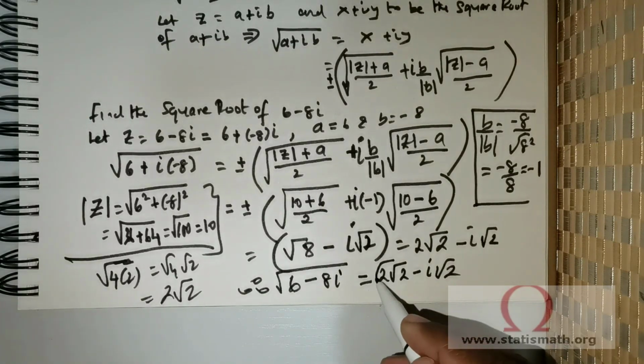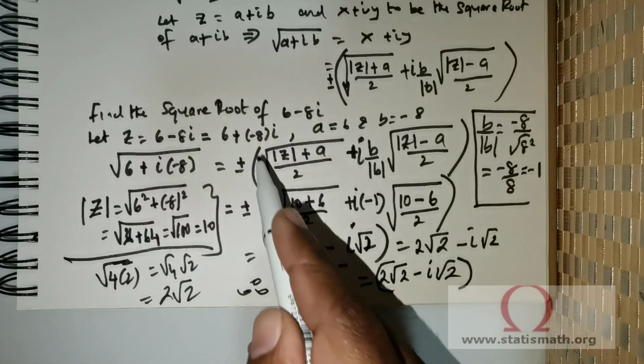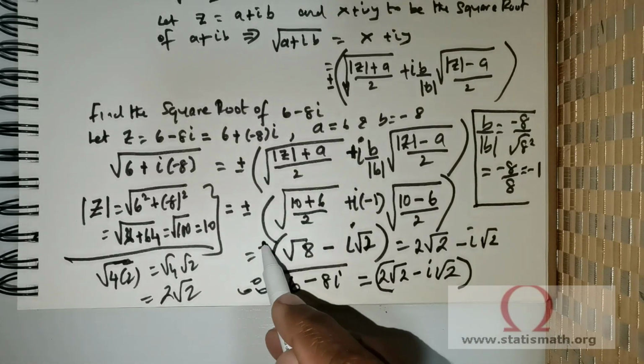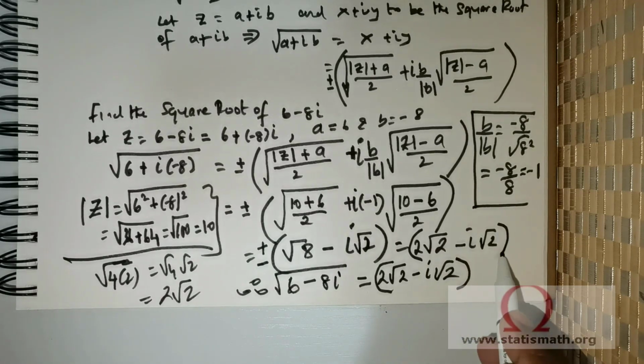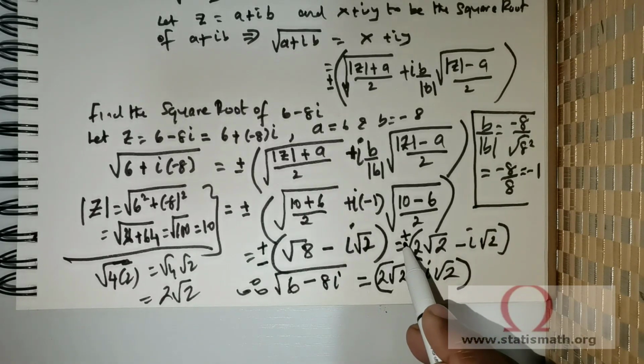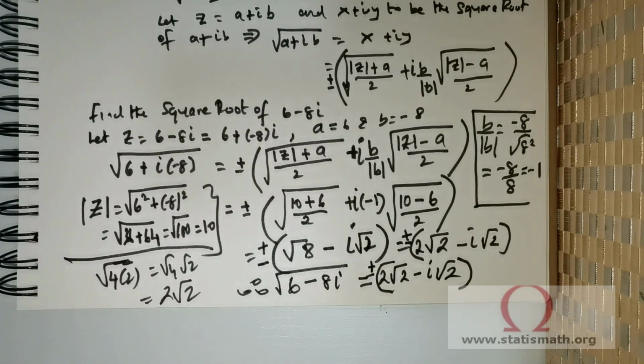However, sometimes it might become necessary, since we always have plus or minus, so it's better to place that plus or minus sign there. So close the parenthesis and place plus or minus, so that it is clearly and explicitly